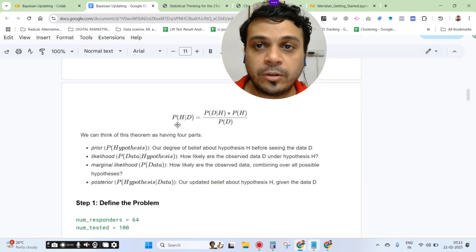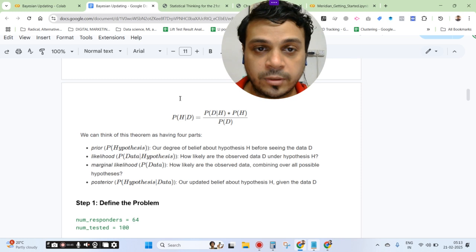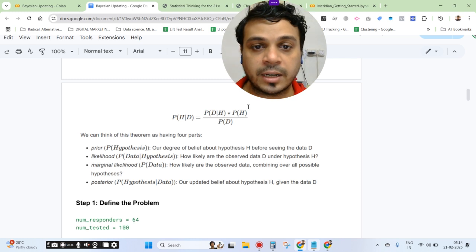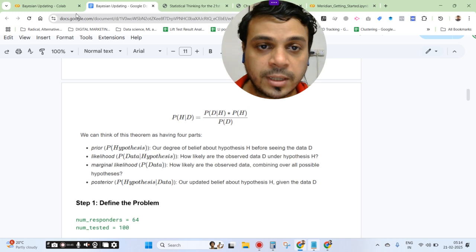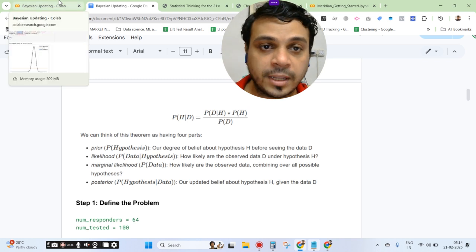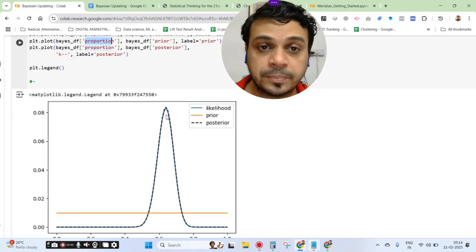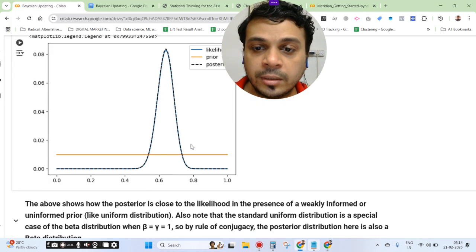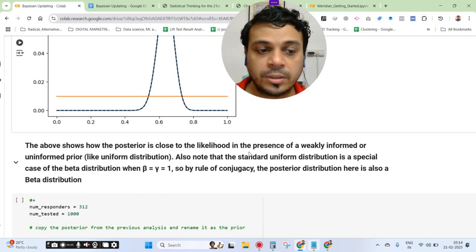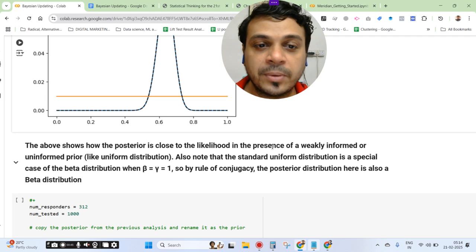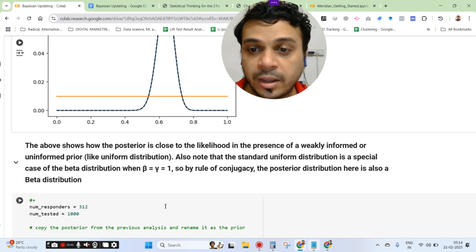In this case, the marginal likelihood value was summing up to 1, remember? That's how it was taken. That's why these two overlap with one another. That's a simple mathematical understanding. This is a constant, and this is being divided by 1, because that's how the normalization is being done. So they are on top of each other. See what description has been given here: the above shows that the posterior is close to the likelihood. They're really on top of each other, not just close, in the presence of a weakly informed or uninformed prior, like